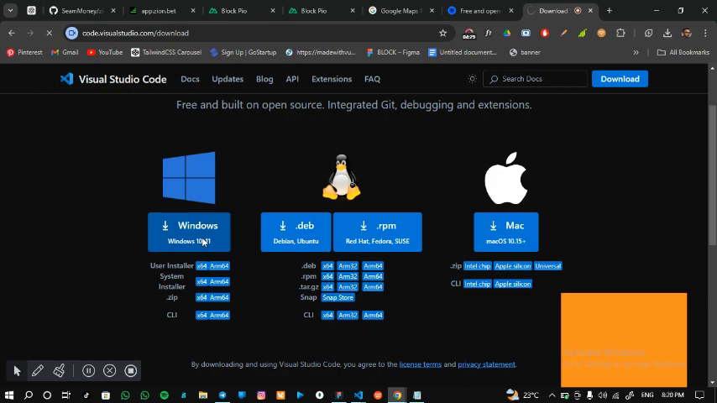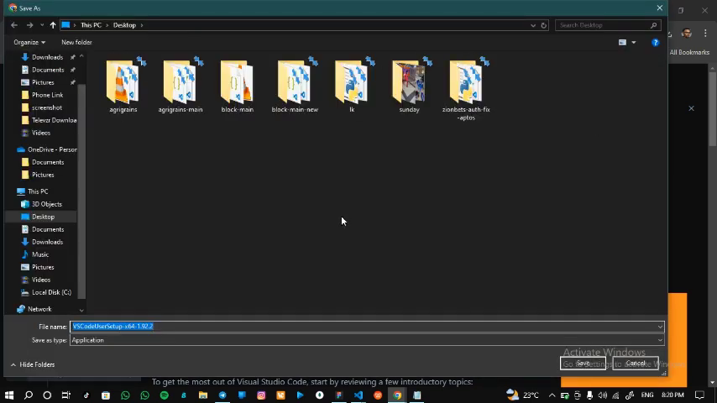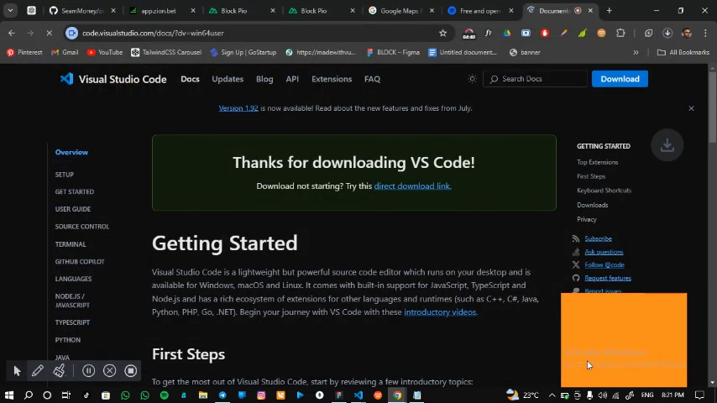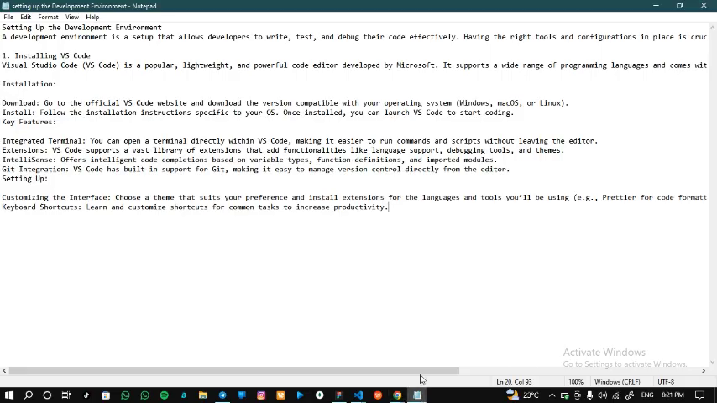So we download the Windows version, and it says thank you for downloading VS Code and it starts downloading. I'm going to save this in my downloads. Let's see, it is downloading. In the process of downloading, let's continue. It says go to the official website, download the version compatible with your operating system, and install, following the installation steps. After it has downloaded, I will show you the installation instructions for your specific operating system. Then you can launch your VS Code and start